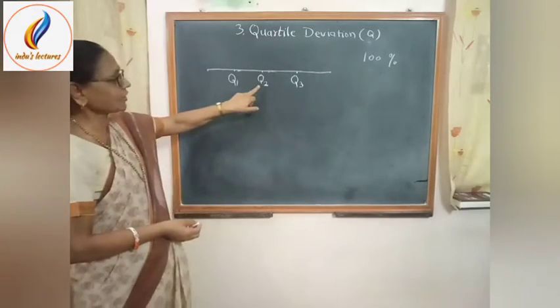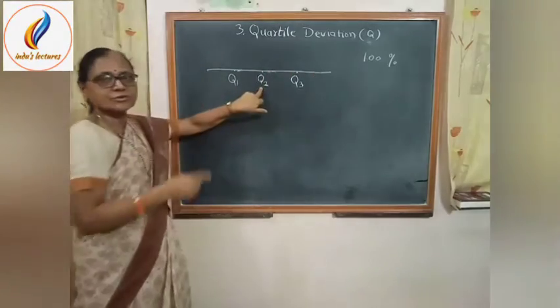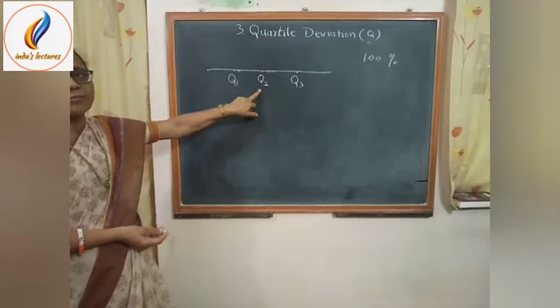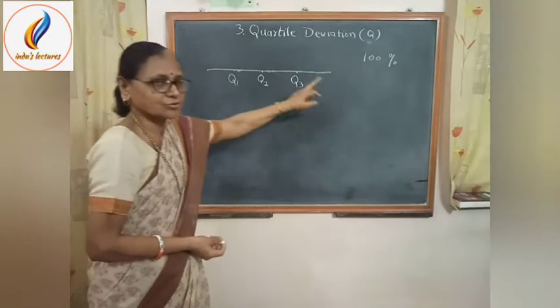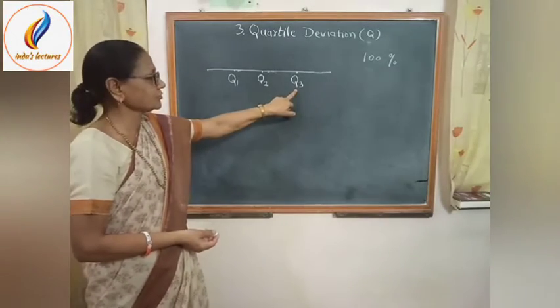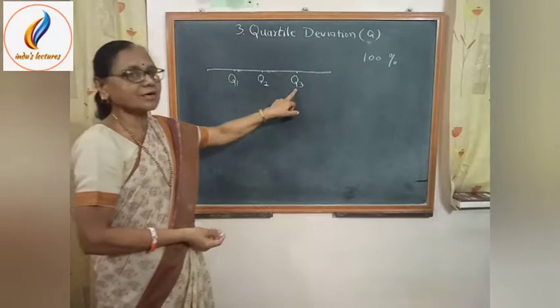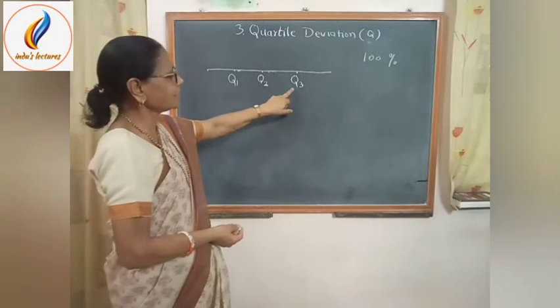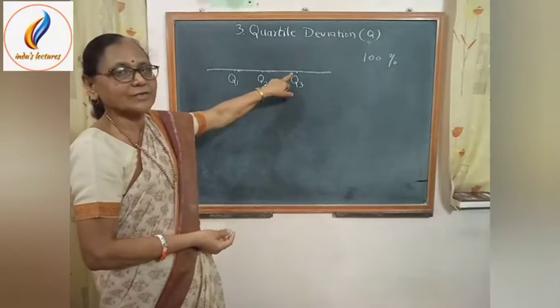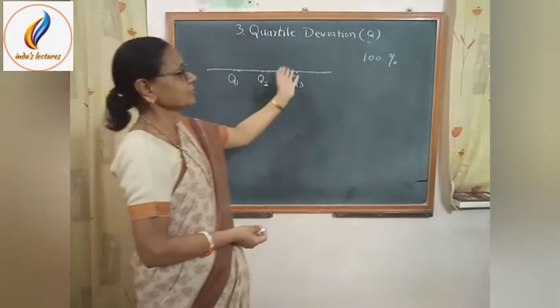We know that this point is the midpoint of the score series, and this midpoint is nothing but the median of the score series. Now consider the third point. It is the third quartile. Third quartile is a point on the series below which 75% scores lie and above which 25%